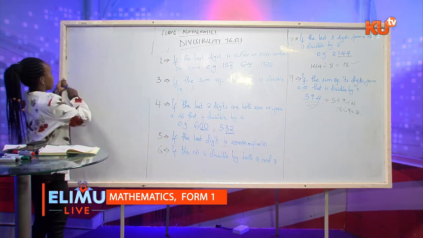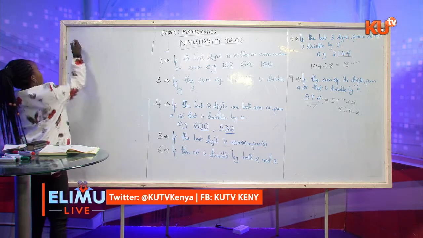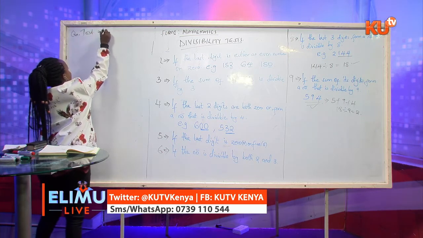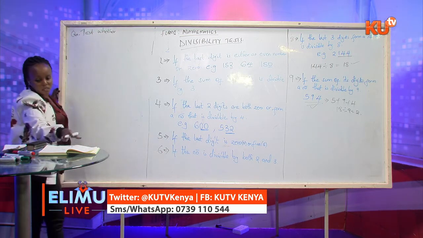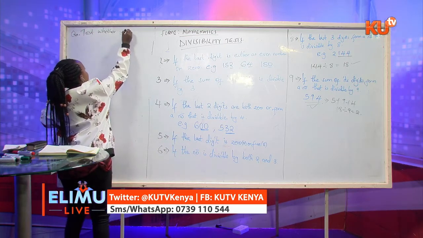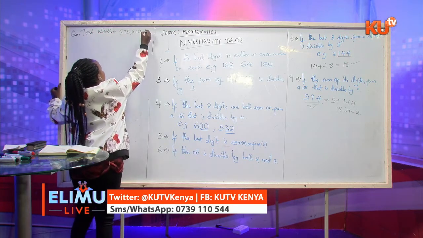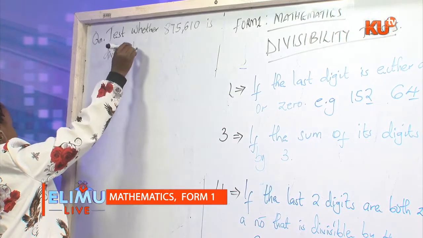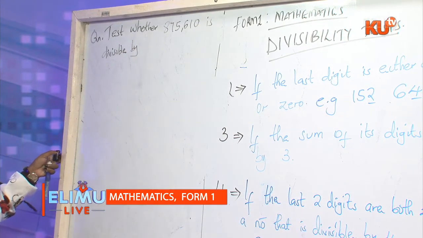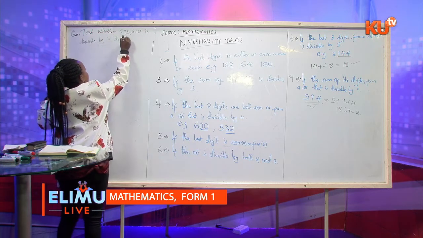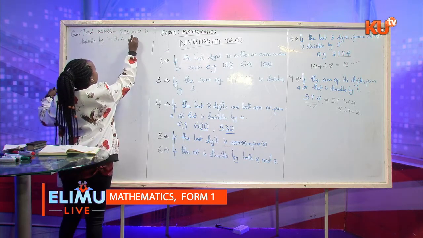Test whether 875,610 is divisible by 2, 3, 4, 5, 6,